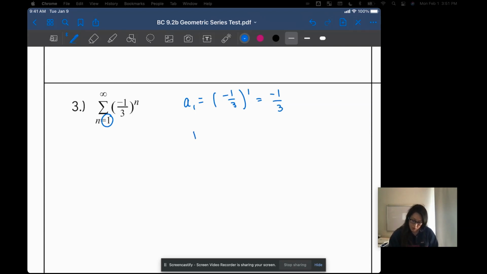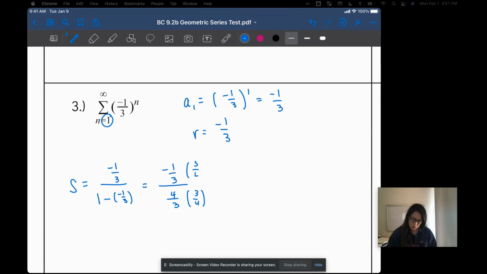Okay, and my r is equal to negative 1/3 as well. Okay, so I see that s is equal to negative 1 over 3 over 1 minus negative 1/3. So negative 1/3 over 4/3 multiplied by the reciprocal equals negative 1/4. So the series converges